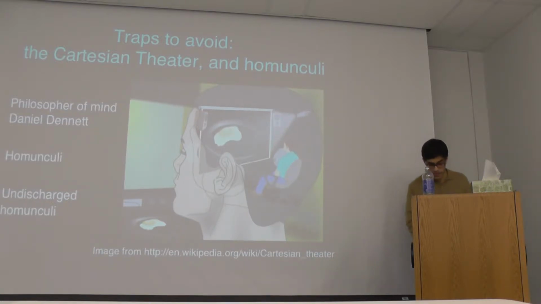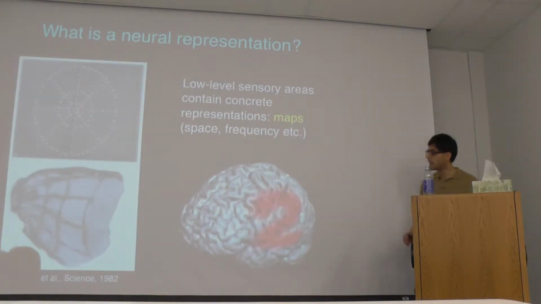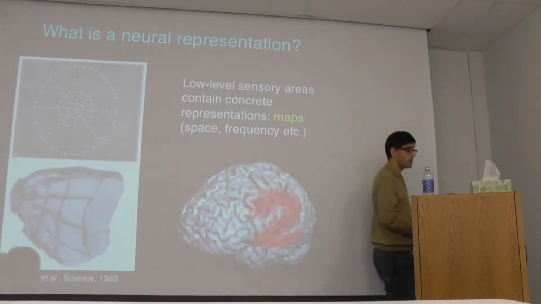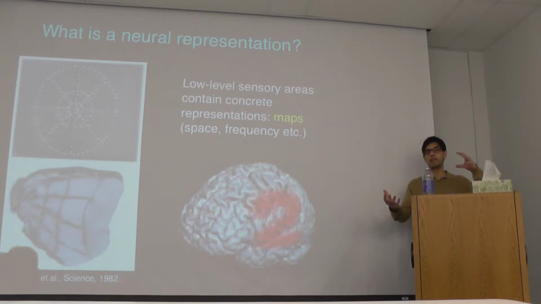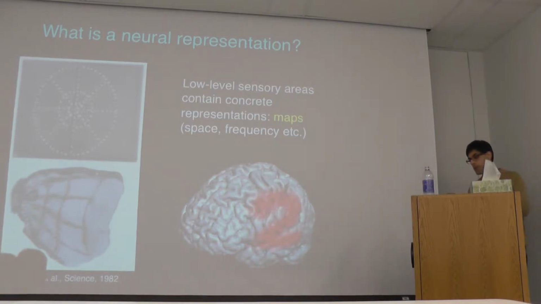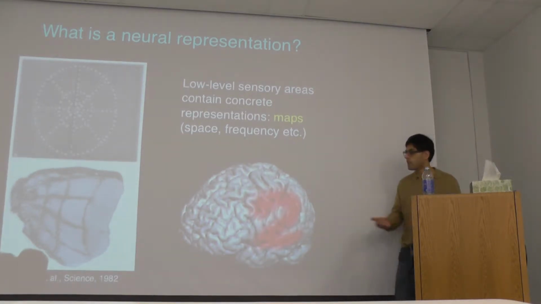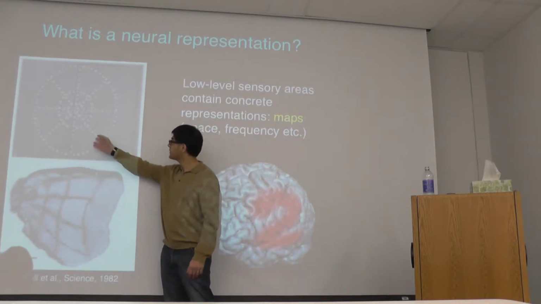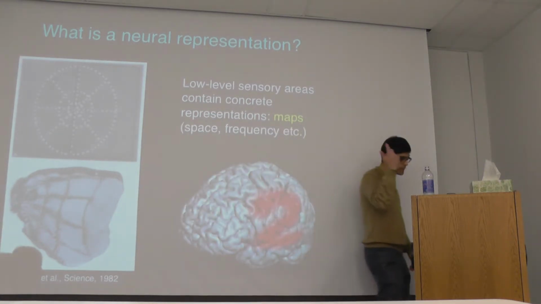representation. Okay, so we just saw that there is literally, in a certain sense, a picture of the world in your head. Okay, well, that's great. Now we figured out how the world is represented, right? Because if all you need is, this is why it's so unsatisfying, but it's maybe just the first step, to say, well, if there's information about the world in your head, then that's a representation. Okay? Well, here's information about the world in your head. This is the world, in this case, this kind of flashing checkerboardy thing. And here's literally a picture of it in the cat's head, and there's one just like this in your head